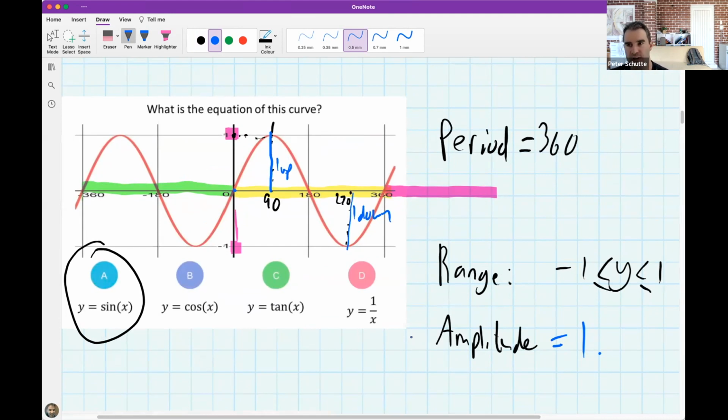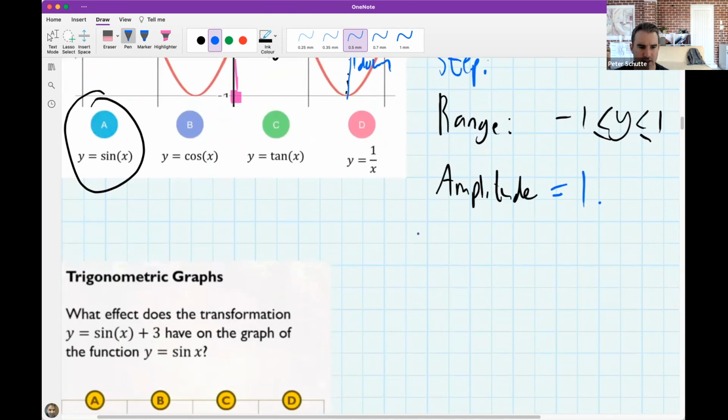Now, another word that's going to come up as we draw these graphs later today is what's called the step size. And the step size we get by dividing up the period into sections. For sine and cos, you break up the period into 4 sections. For the tan graph, you divide it up into two sections. But let's have